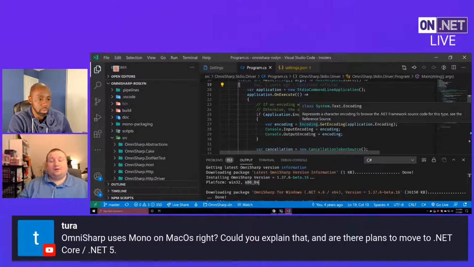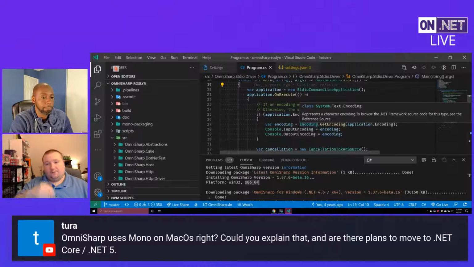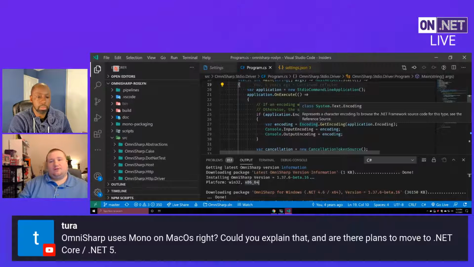There's a bunch of other different things when it comes to MS Build versions. There have been cases where we've had to use a Mono version that doesn't exist yet, because it supports the later SDKs for .NET 5 or .NET 6 coming out at some point in the future. As for why it doesn't run on .NET Core, there's a bunch of different reasons.